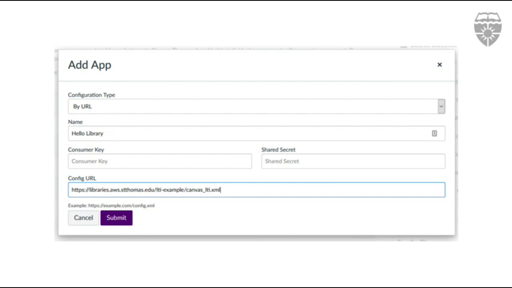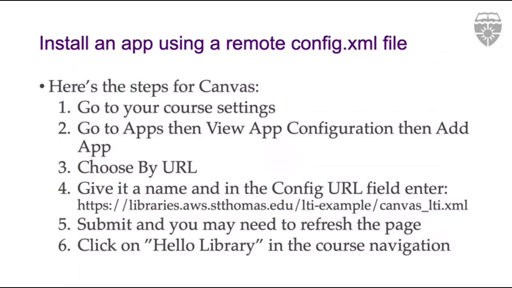This is actually a working URL of an XML document that you can install on your own Canvas course. If you have Blackboard, you could probably modify it a little bit. This is specifically for Canvas. You can actually use that URL right there, and you can install an app on your Canvas course tonight, and you'll see what it does. You hit submit,